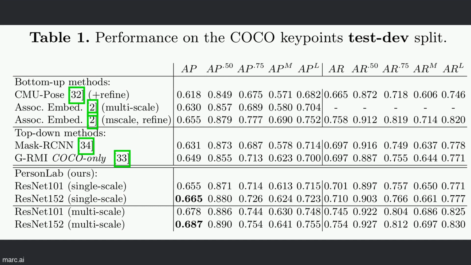To balance the different loss terms we use weights equal to 4, 2, 1, 1/4, 1/8 for the heat map, segmentation, short range, mid-range, and long-range offset losses in our model. For evaluation we report both single-scale results, image resized to have larger side 1401 pixels, and multi-scale results, pyramid with images having larger side 601, 1201, 1801, 2401 pixels. We have implemented our system in TensorFlow. All reported numbers have been obtained with a single model without ensembling.